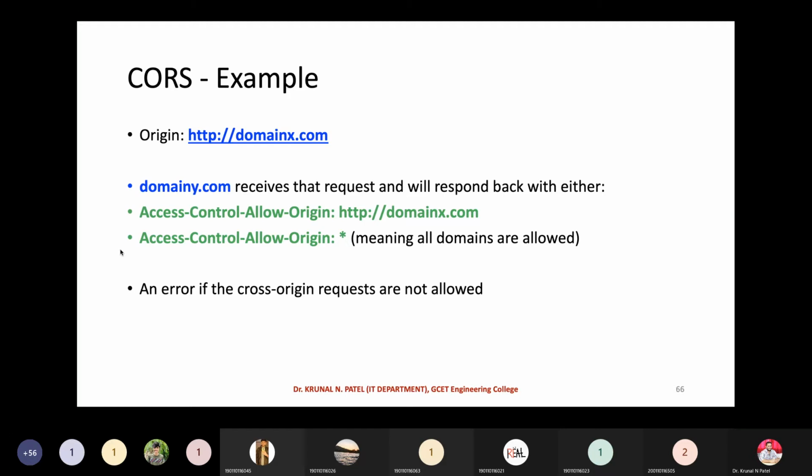If it is not there, then you will get an error. And what kind of error you will get? As we have seen in the introduction portion. So this is the overall scenario of CORS. This is very important to understand.